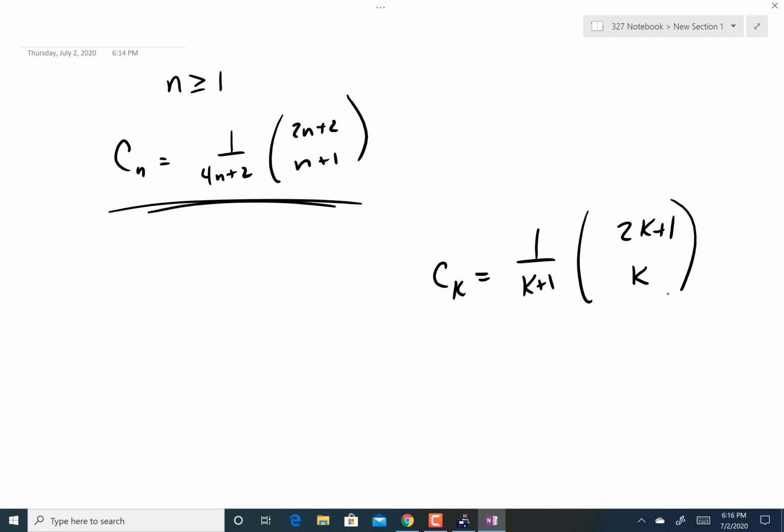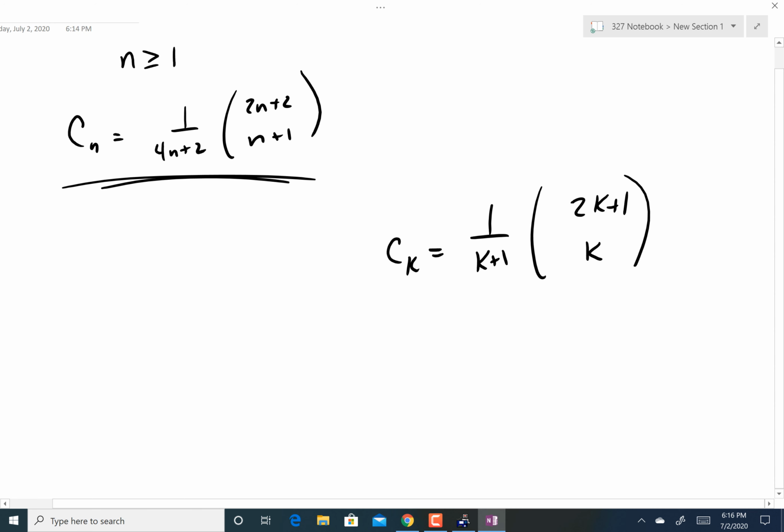Like that. Okay, so let's list out the first bunch of numbers here. So when k is equal to, now notice it's k equals 1 over 2. It's 2 plus 1 is 3 over 1 times 3. 3 choose 1 should be